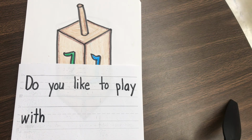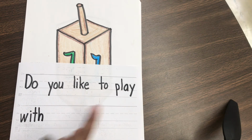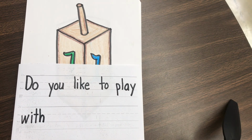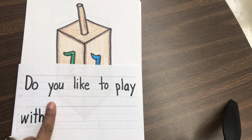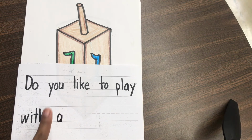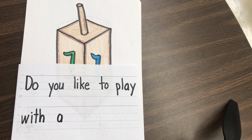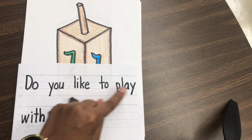Let's go back to the beginning and read again. Do you like to play with a? Do you remember how to spell a? Add a finger space and write the letter A. And remember, you can pronounce this word a or a. It's up to you. Fingers ready to read again. Do you like to play